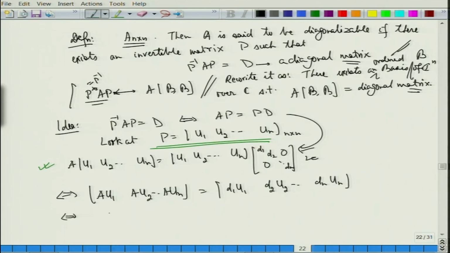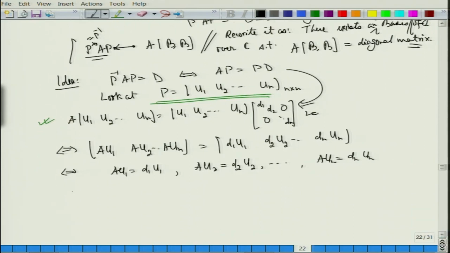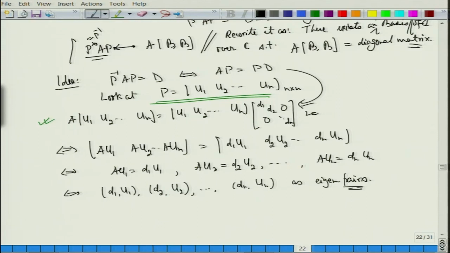Again this will be equivalent to saying that A of u1 is equal to d1 u1, A of u2 is equal to d2 u2, and so on, A of un is equal to dn un. So what we are saying here is that I have got d1 u1, d2 u2, dn un as eigenpairs. The di's need not be distinct. We are not saying that, fine, but we are saying that I have got n linearly independent